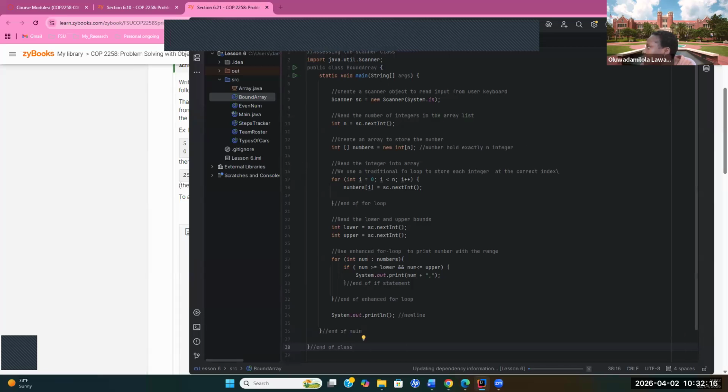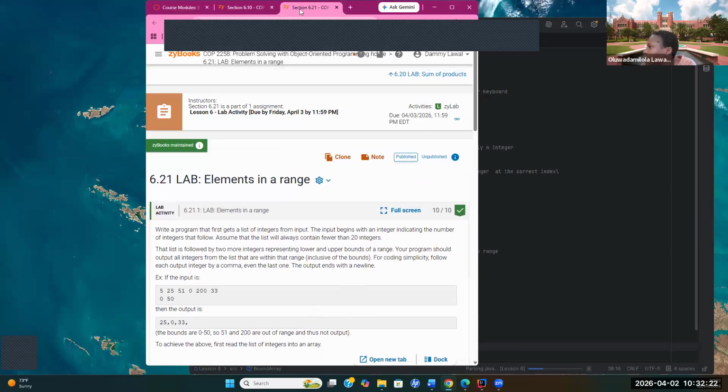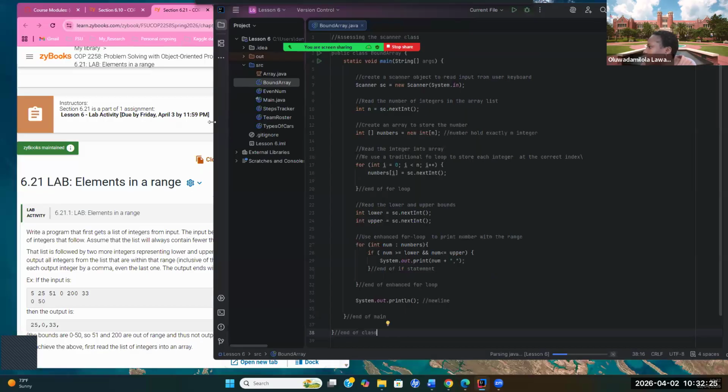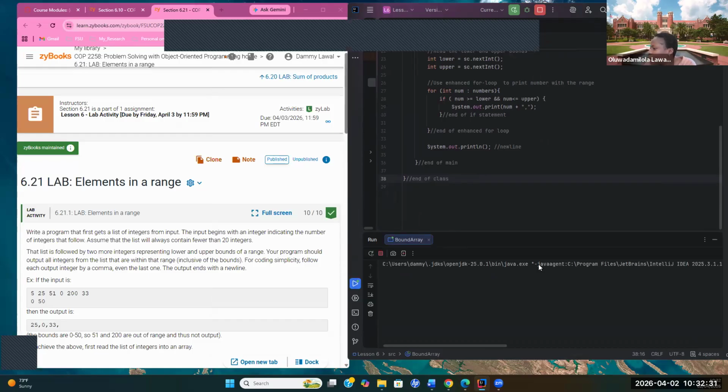Now let's put the exact values that we had. The first value is 5. What does 5 tell my program? It tells the compiler the integers that should follow should be 5 different integers. So I'm saying 25, the first one, 51, these are my inputs, 0,